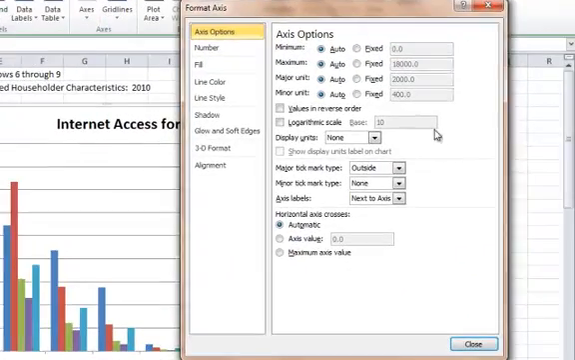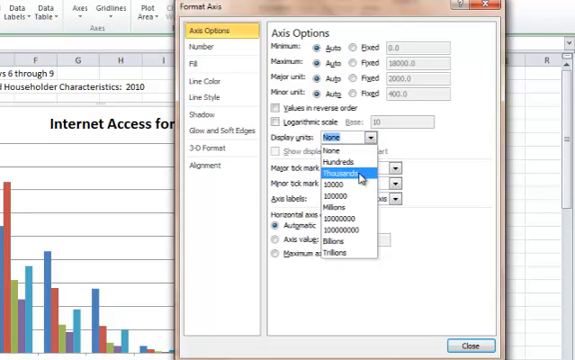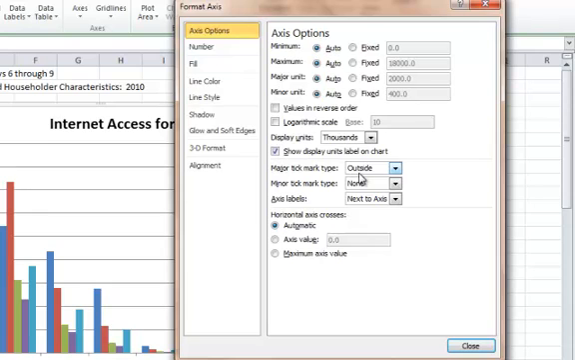And right in the middle of this dialog box over here where it says display units, you can pick what you want. That happens to be in thousands of hours, so we can just pick thousands. And that gets rid of all those extra zeros. It cleans up the clutter. All right. Now,